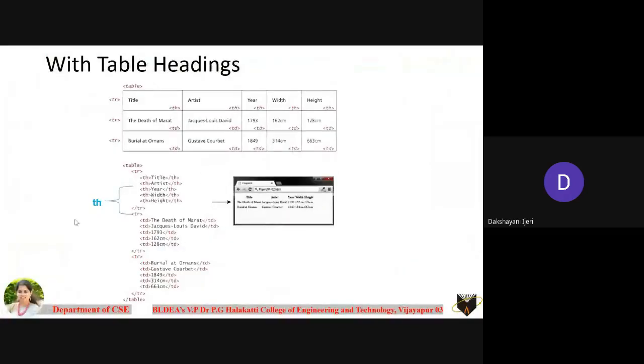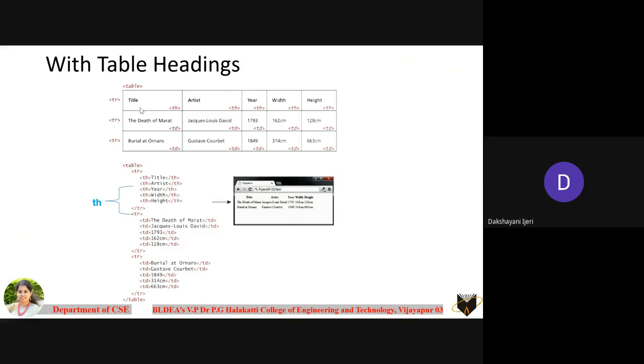Here is one more table that has been given. You can see that along with the elements that you want to include, you have something known as a heading for each column here. This is the obvious thing that you might expect with any table, right? You might have a column heading as well as a row heading. To make it appear as a heading, you want to make it appear bold, isn't it? The text which you want to make appear as a heading should appear bold, which is not done with the td element.